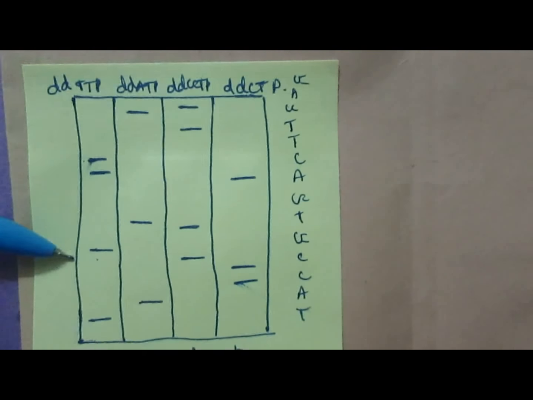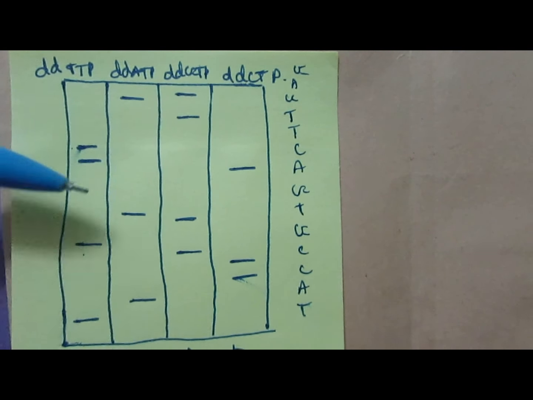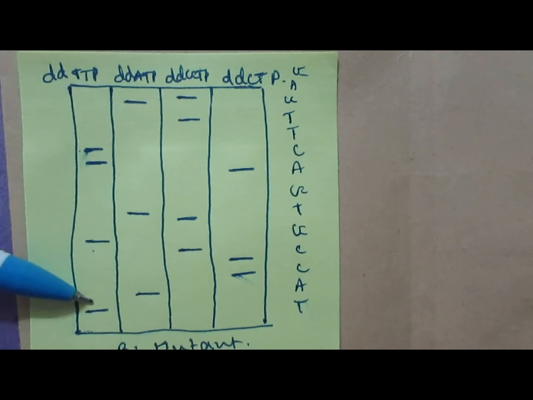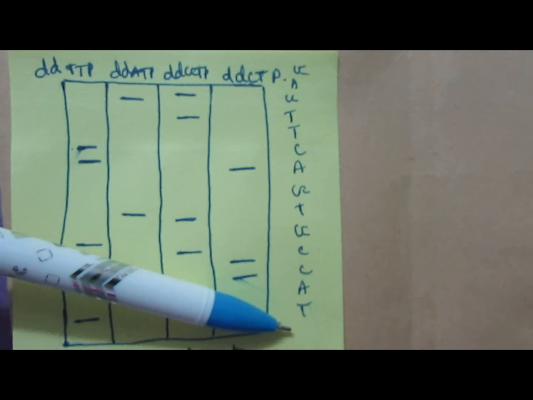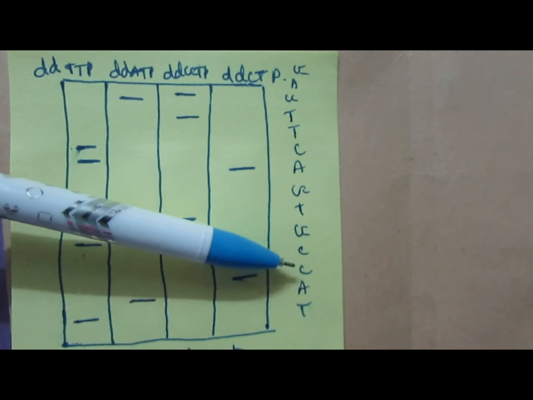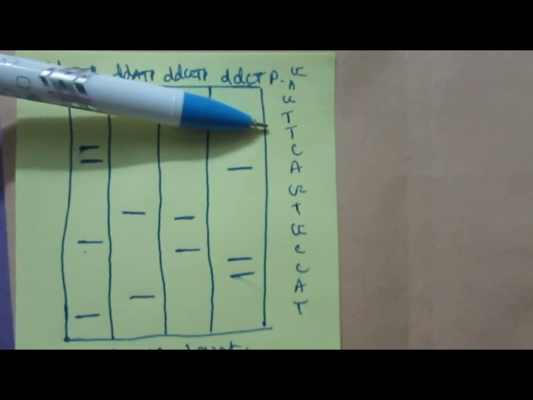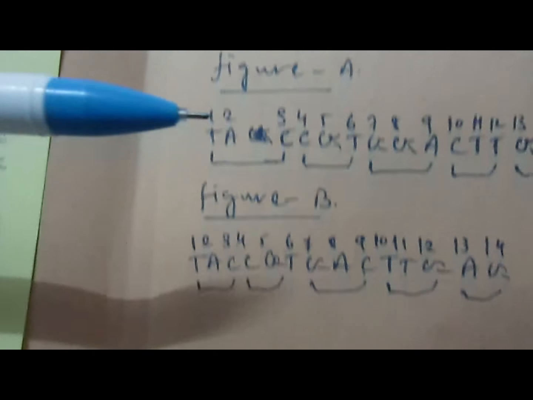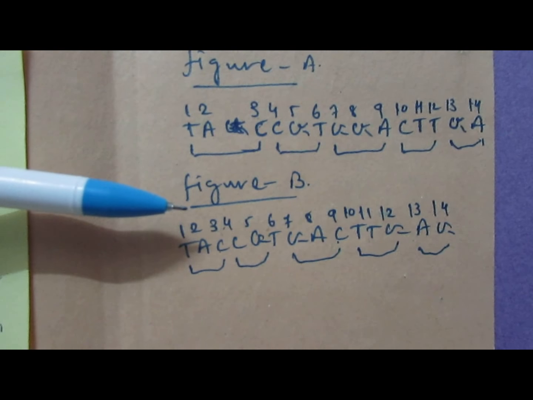Similarly, figure 2 contains a mutant strain and there are a total of 14 bands present, and based on that the whole sequence from 5' to 3' direction is T, A, C, C, G, T, G, A, C, T, T, G, A, G. Okay, now if I put the figure A sequence and the figure 2 sequence and compare these two sequences,